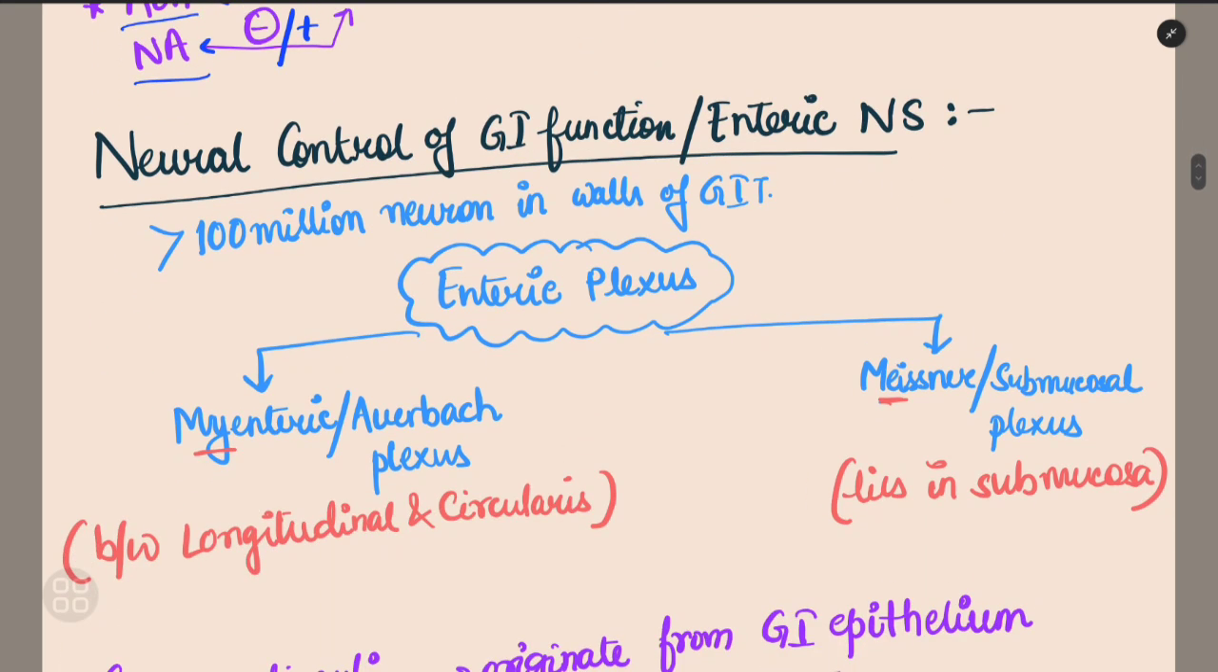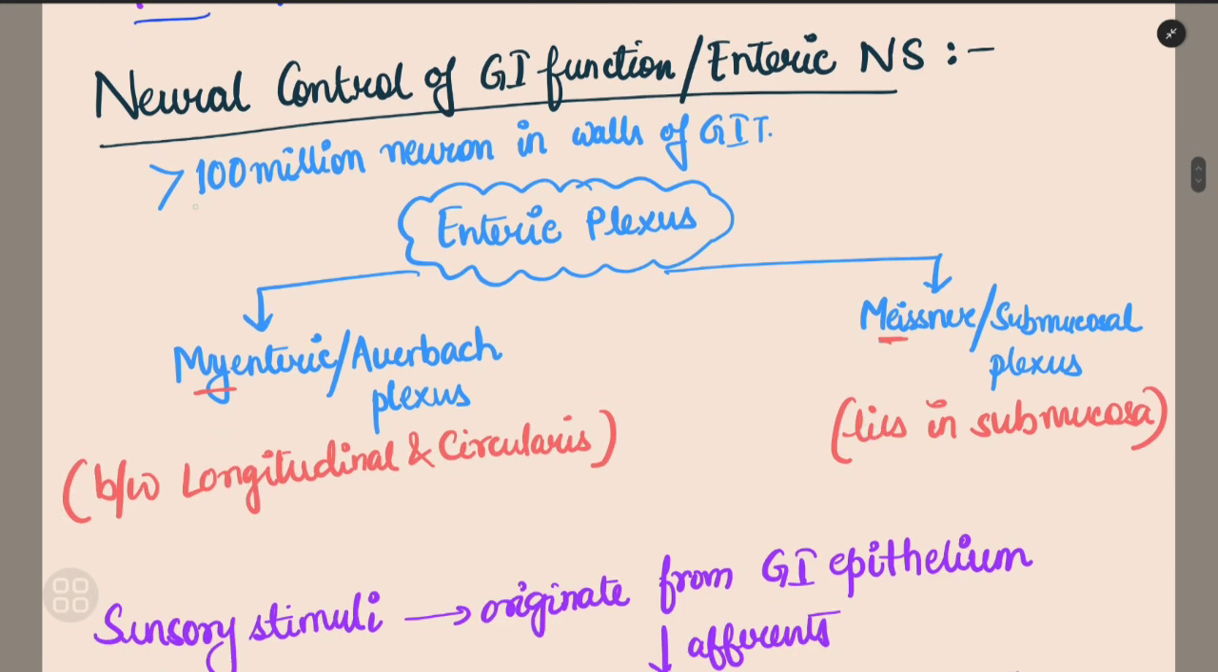Talking about the neural control of GI functions and the enteric nervous system, remember that more than 100 million neurons are present in the walls of the GIT. This is a fact. Now additionally, we have the peripheral nervous system and the central nervous system. Under the peripheral nervous system, we further have the somatic and the autonomic. Autonomic is further divided into sympathetic and parasympathetic. But to maintain and control the GI functions, we have a separate nervous system called the